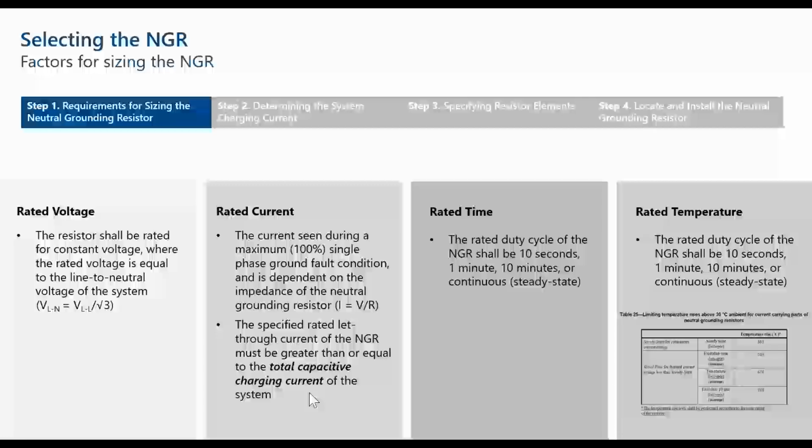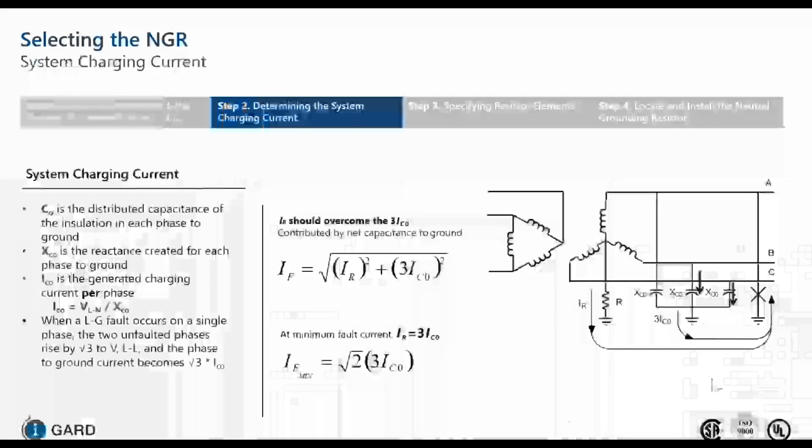Now you have to determine the time. So we've got the voltage, we've got the current. Now, how much time is your fault going to be on the system for? If it's a high resistance grounding system, that time is continuous. But you can have low resistance grounding systems where your time is limited to 10 seconds, 1 minute, 10 minutes, or even longer if you want. It's up to you. What that tells me as the manufacturer of the resistor is if you choose a 10 second, 1 minute, or 10 minute resistor, I've got to